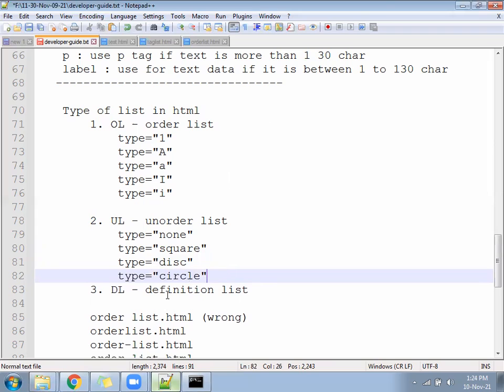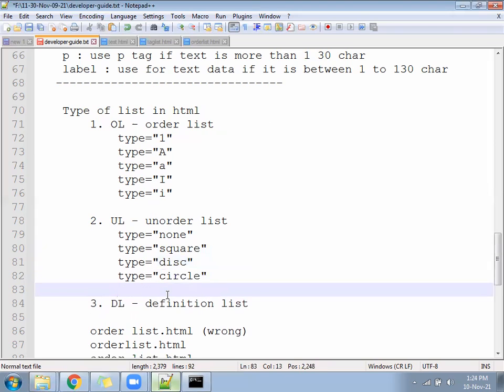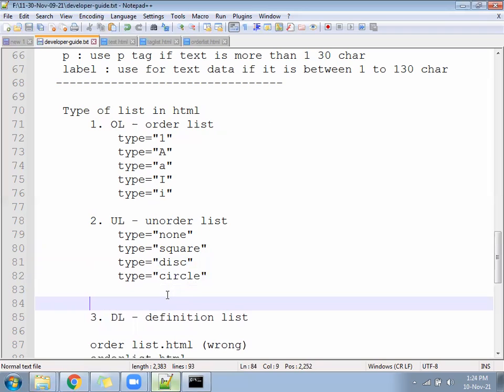So these are the four types we have: disk, square, circle, and none. This is under the unordered list. According to need we can display the type of square, and with the help of CSS we can manipulate it and change the color.